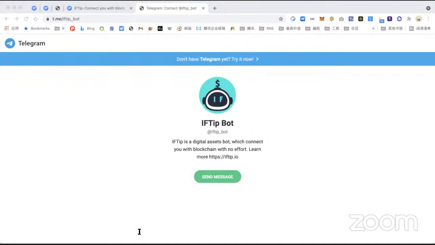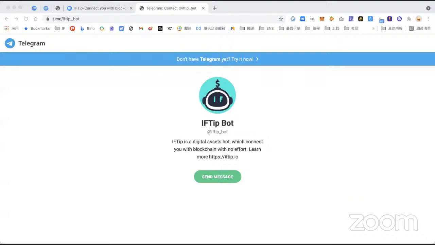You can do many things, such as query prices. For example, I want to query Matic's price. The robot will return the price of Matic. It's very simple to query all the cryptocurrency prices, just type in Telegram.